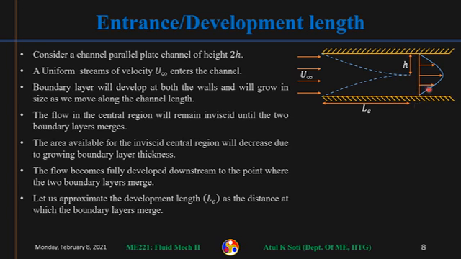Okay, so till now, whatever we have done analytically, we were assuming that the flow had become fully developed. These plates were very long, so the flow between the plates was fully developed. It was not changing with x, where x is the length along the plates. And what we found was that the velocity profile between the plates is parabolic, right? So now what we are going to look at is what happens at the entrance of this channel,